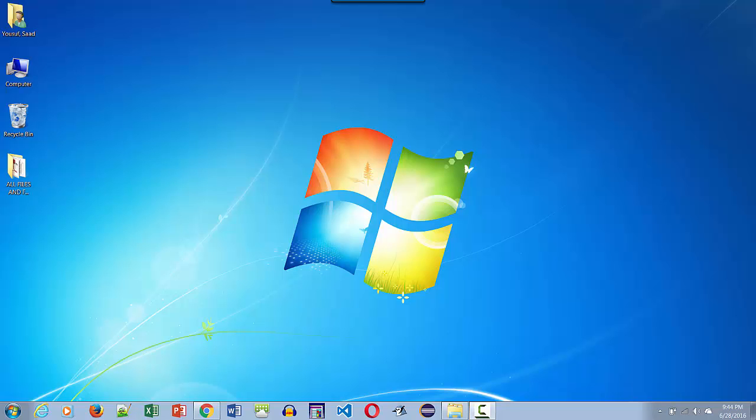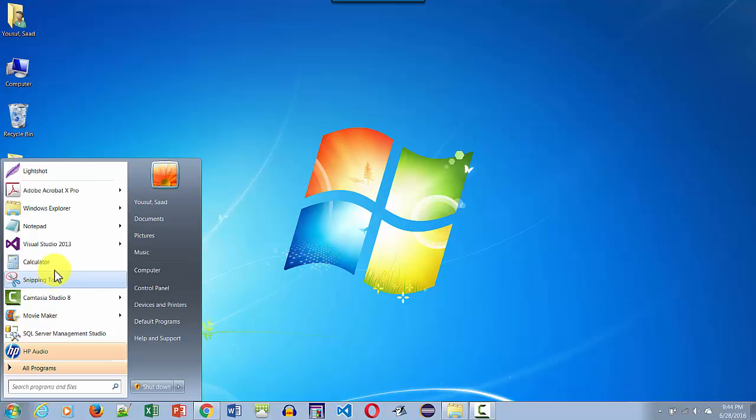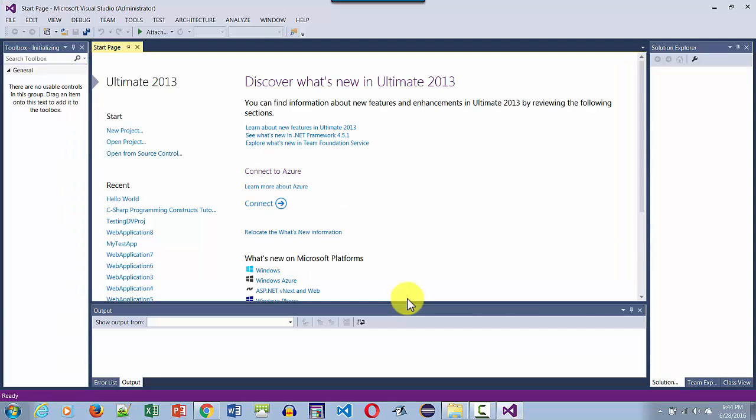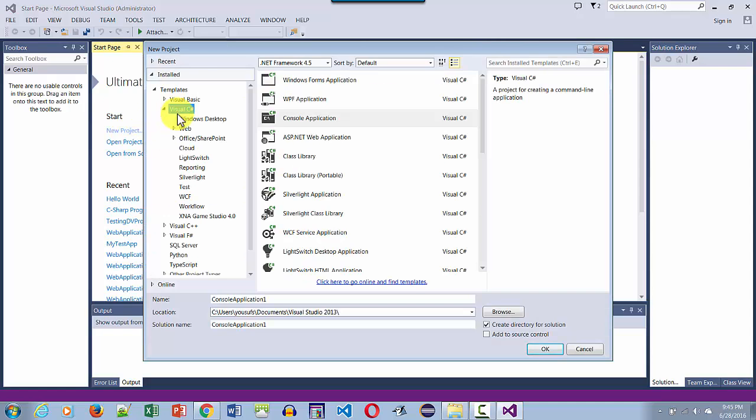In today's example, we're going to be creating a table in a database, filling it up with data, and then bring that data into an ASP.NET page. To get started, we're going to click on Start and get Visual Studio 2013 up and running. We're going to be creating a new project, and I'll be using C# as a language of choice,